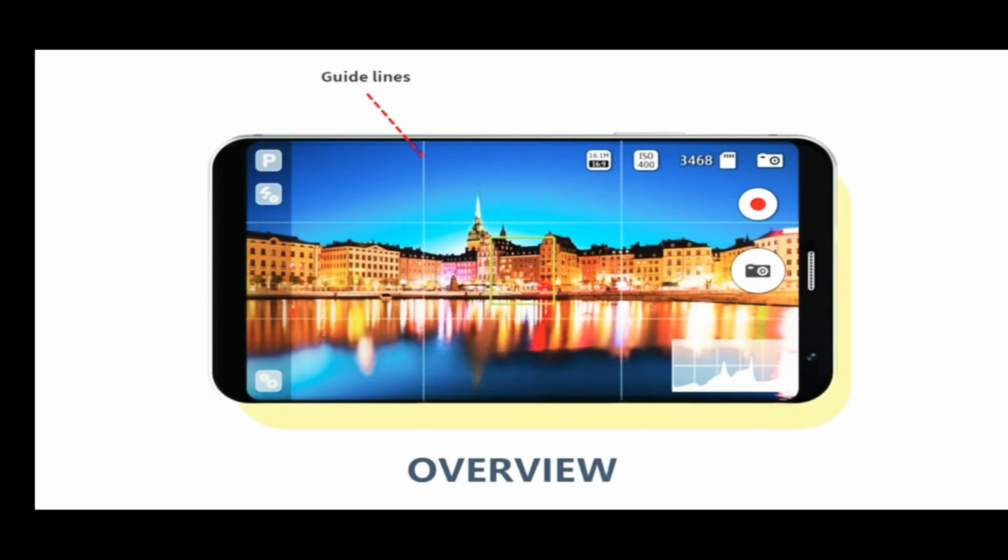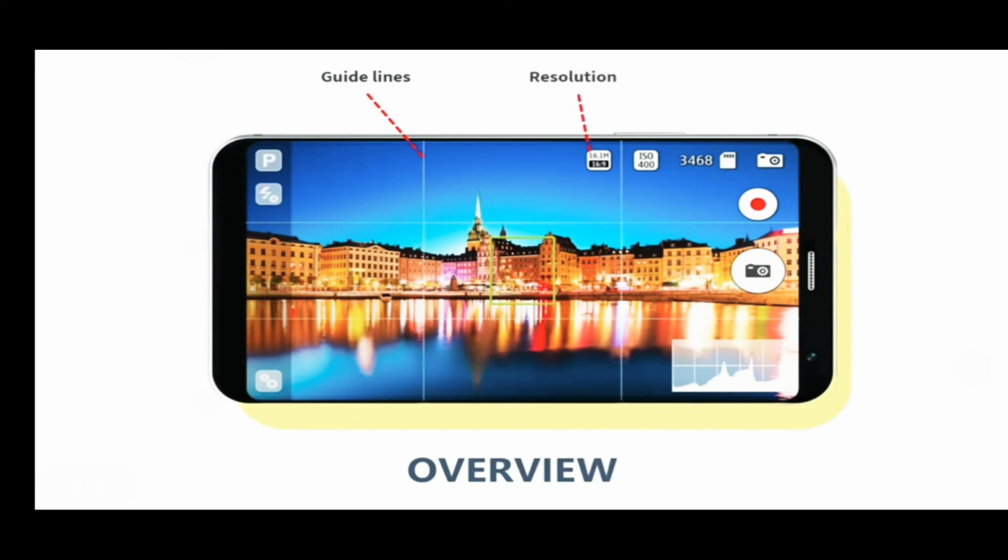So the first one we're going to start off with are our guidelines. We can see that we have this kind of grid here on the phone, set to the rule of thirds, something we'll have a look at in lesson 3, a compositional guideline. And it is just that, it's just a guideline to help you to make sure that your photographs are straight and that you can place and compose the photograph in a way that is aesthetically pleasing.